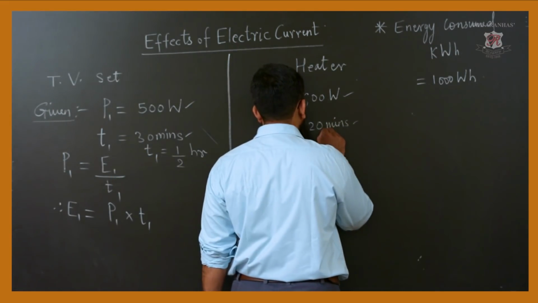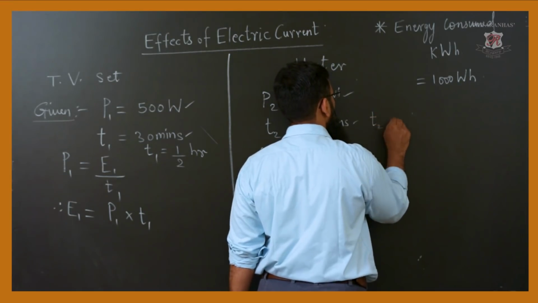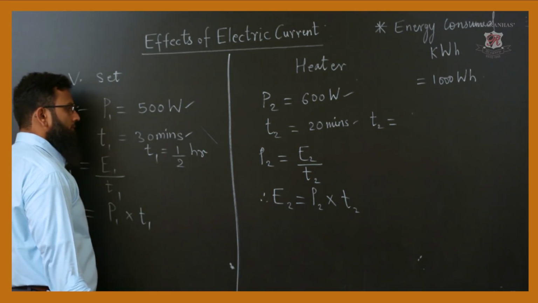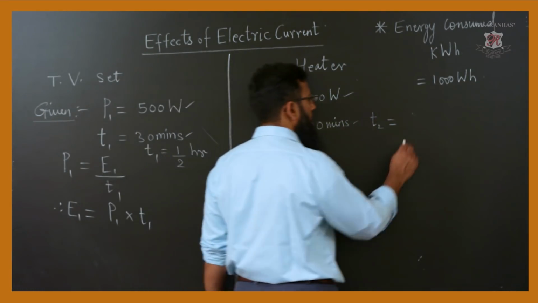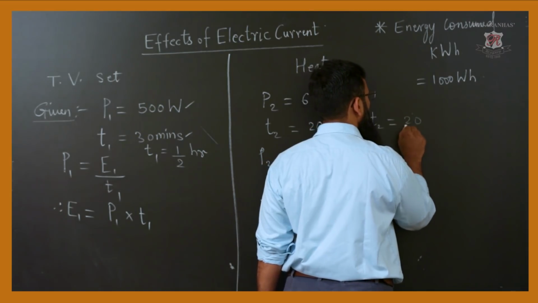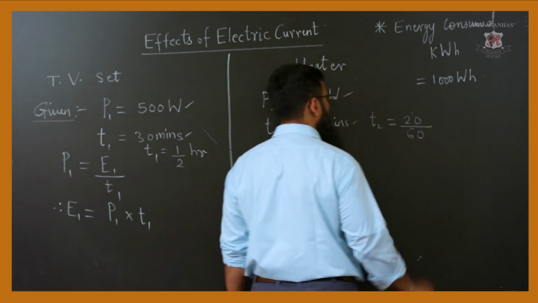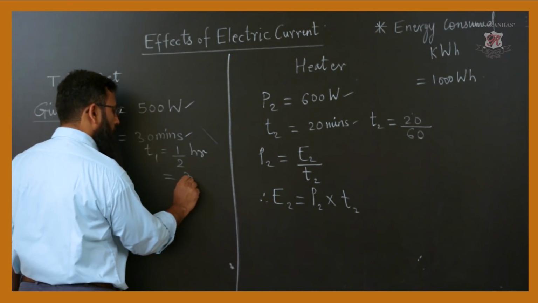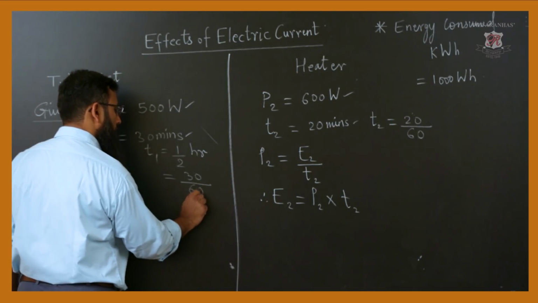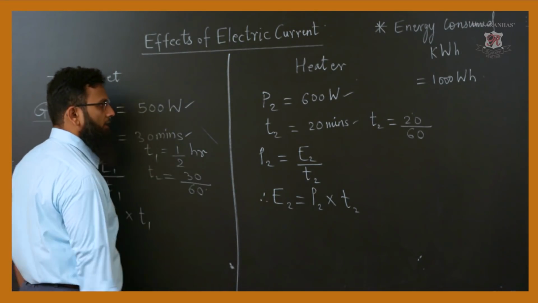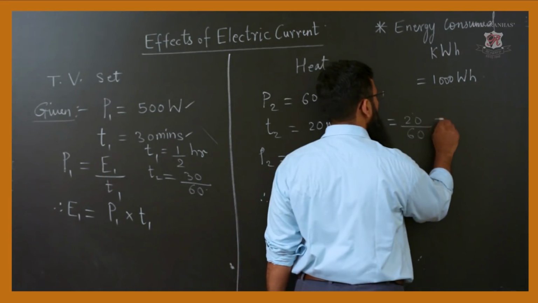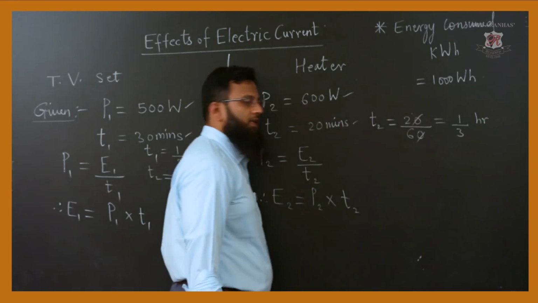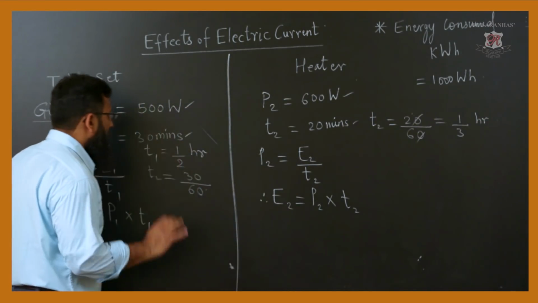and in case of 20 minutes, same thing we will apply. How to convert it is simply taking the ratio. Here also I did the same thing. Here 30 divided by 60. So, I get half an hour. So, in this case I will be getting 1/3 hour. Now, we are ready with the units.